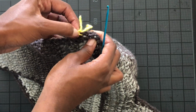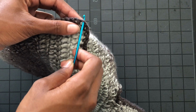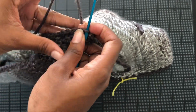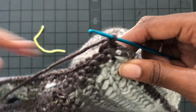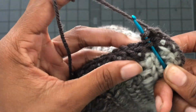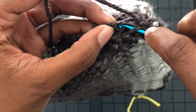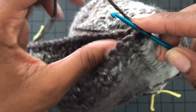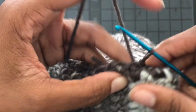I really am not the best teacher on how to connect these edges. I just did it with slip stitches, but if you want to grab a needle or if you have another method of sewing things together, by far, please do it. If you have any suggestions on how to do this better, comment down below. But I just connected it with slip stitches, and I just tried to show you up close, as close as possible, how I did it. If you need to pause the video, rewind, slow it down, really slow,